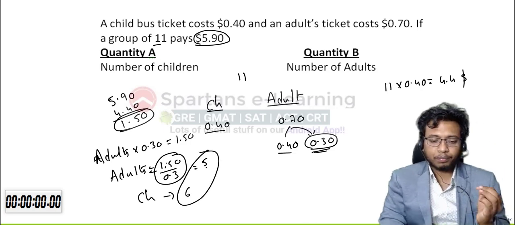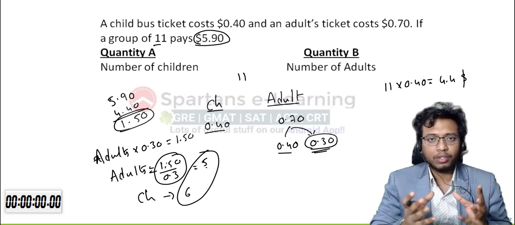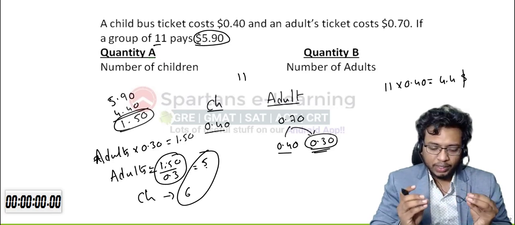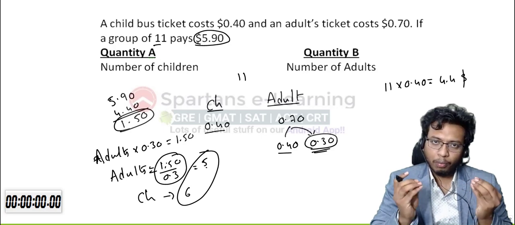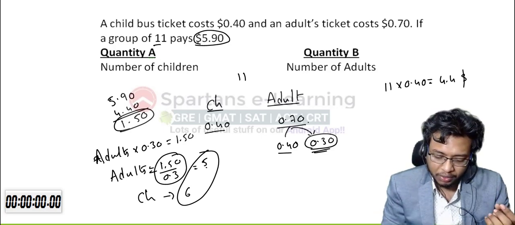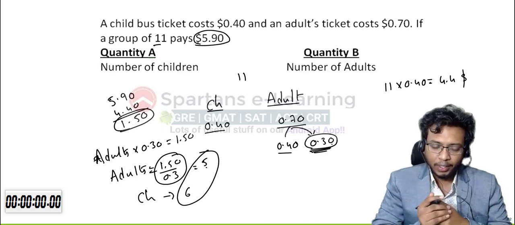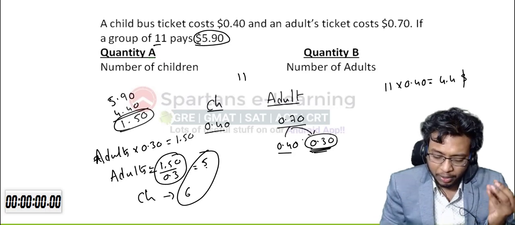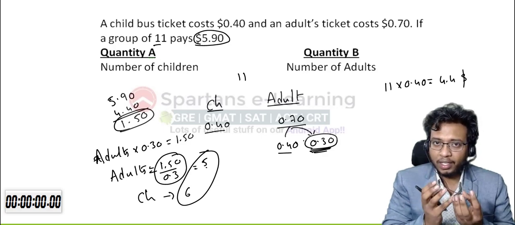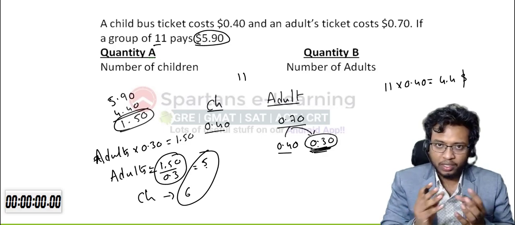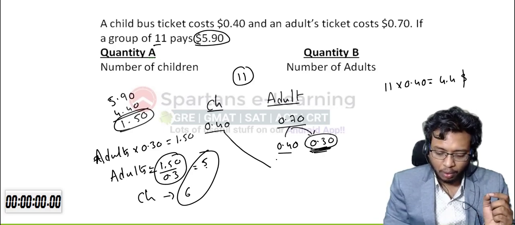Everyone understood? Simple. What I did is, instead of taking the real value, 0.70 is a real value, instead of going with that value, I will consider this 0.70 as 0.40 only. How can I make 0.70 as 0.40? By reducing 0.3 from 0.70, right? So I'm assuming that every adult ticket costs me only 0.40. That means from every adult ticket I'm reducing 0.30 cost, right? So keep it aside. Now there are 11 people and 11 people purchased all the tickets, right?